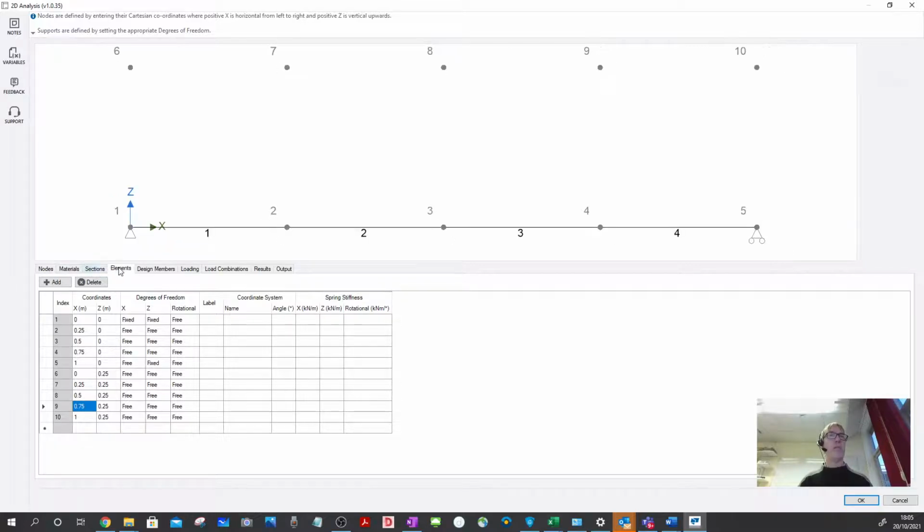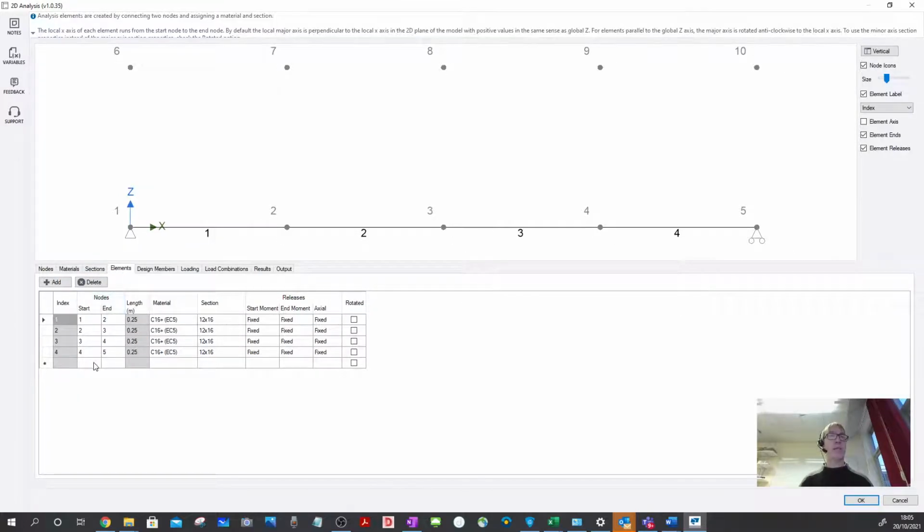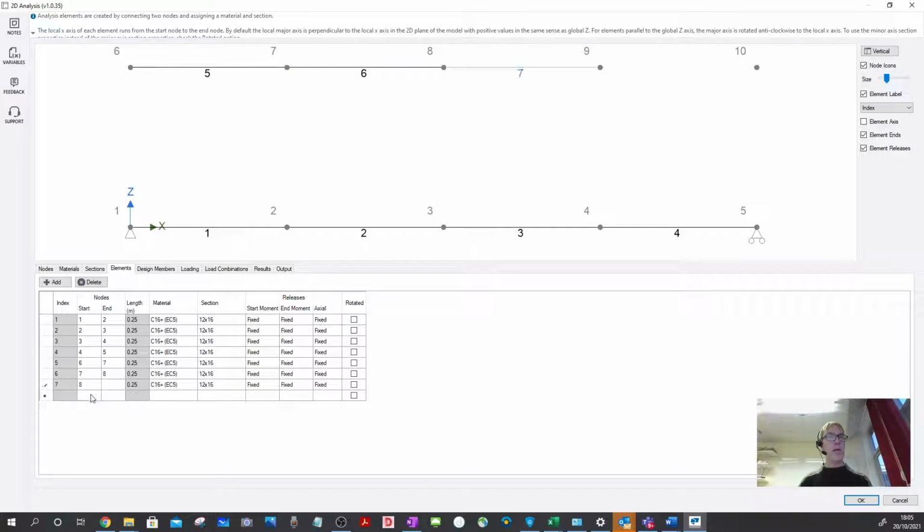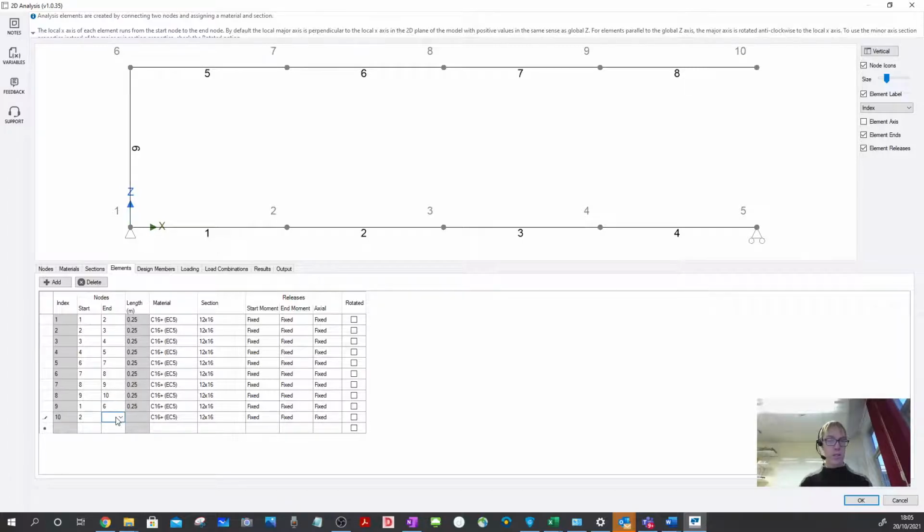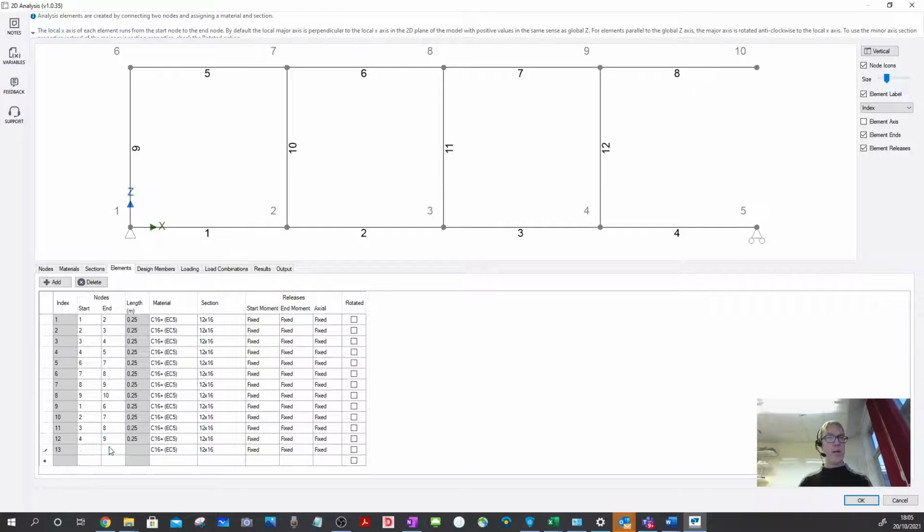I'm going to go to Elements, and I'm now going to select node 6 to 7, 7 to 8, 8 to 9, 9 obviously to 10. Then I'm going to go 1 to 6, 2 to 7, 3 to 8, 4 to 9, 5 to 10, and then I think I will